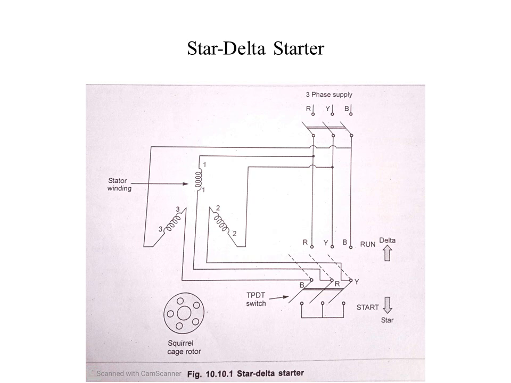And one more, the star delta starter, is used to run the induction motor at the starting point. Here you can observe the squirrel cage rotor with the stator winding. There are three sets of winding, 1, 1, 2, 2, 3, 3, which are connected in star connection at starting using the TPDT switch. During the running position, it will be connected automatically to the delta connection.